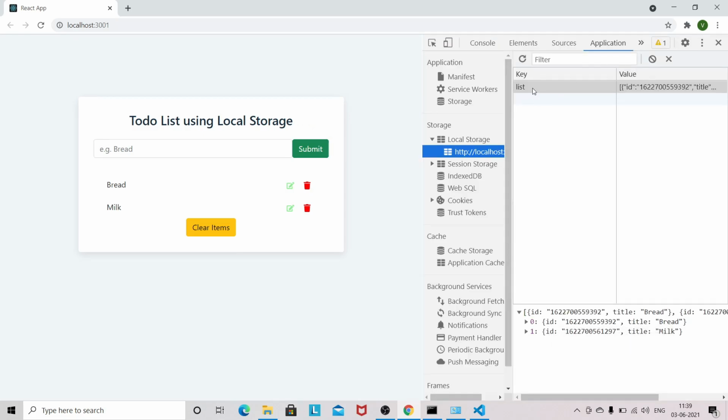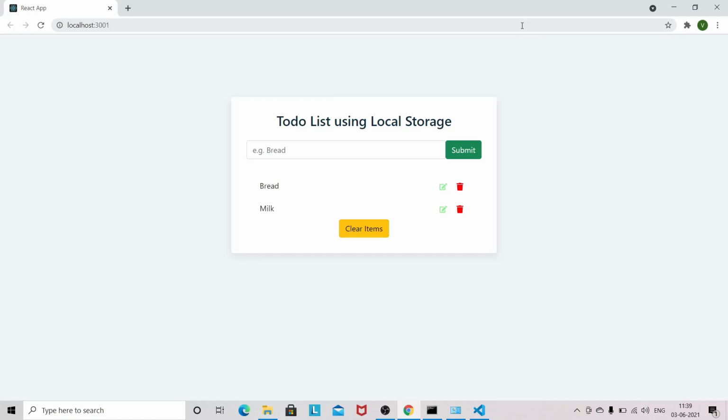You can see that with the list we have two items. So whenever it renders or reloads, it checks if the item is present in the list, then it shows the list from the local storage. So this is the complete to-do list we have built with the help of local storage.